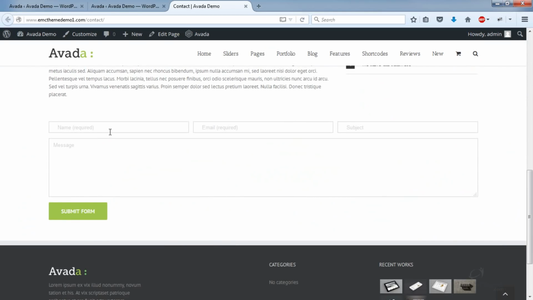And there we go. We can now fill in anything we want. Your users would be able to send in an inquiry to you. User's email address.